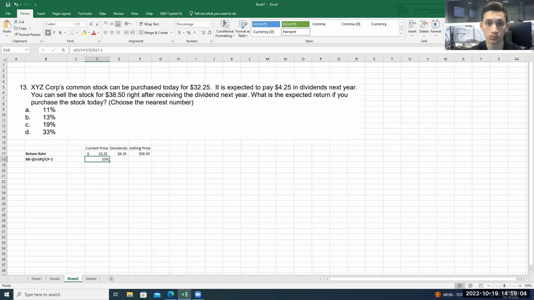The same formula. But yeah, there's a couple different ways you can do that. Yeah, 33%. Sorry. You'll notice here they say dividends next year. That almost to me sounds like a 2. It's this year, end of this year be 1, end of next year be 2. So I think when they say next year, they mean this year is 0, next year is 1, 2 years from now, or 3 years from now. So 2 years is next year, which is 1, 3 years, it's 2 years from now, 2. That seems to be how they interpret it, but